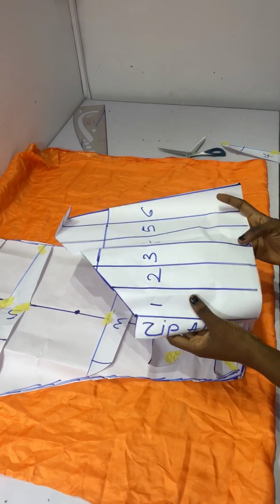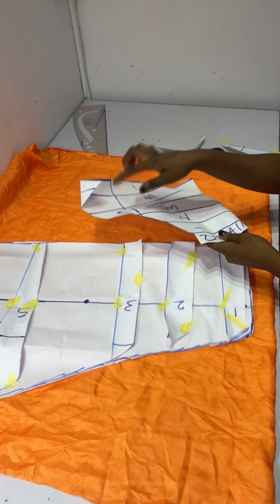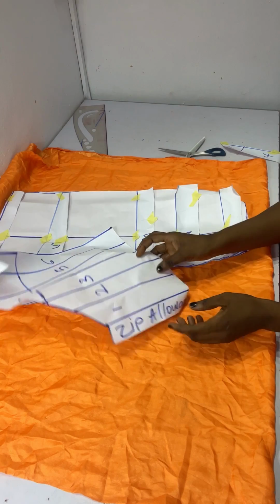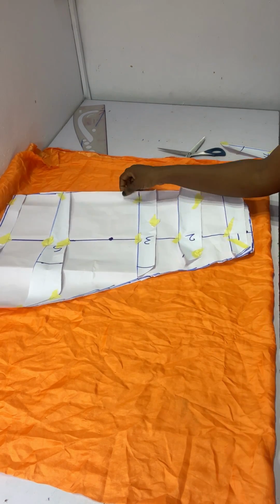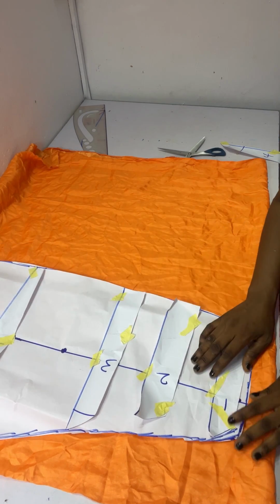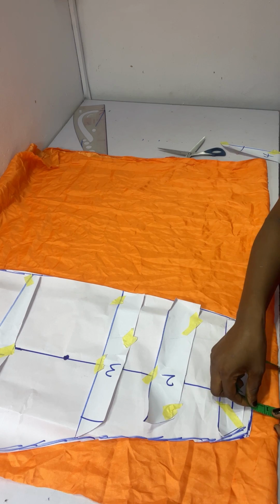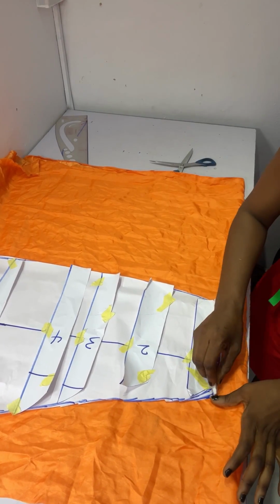So guys, after cutting out the front, I don't want to cut the back, like slashing and spreading the back. So what I'll do is just use the front pattern, but I'll be adding extra 2 inches for my zip allowance. So I don't want to waste my pattern by cutting out the back for the slash and spread. Hope you understand. So I'm just going to use the front, place it this way, and also add 2 inches for my zip allowance. So I'll go ahead now to chalk 2 inches for my zip allowance and chalk it